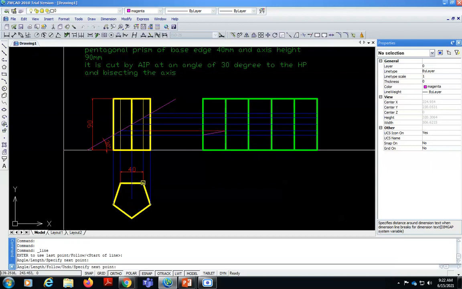So this is my third point and C point, after this, like this, then D and fourth, so here it will be a cutting edge, and coming back to this point, that is over here.